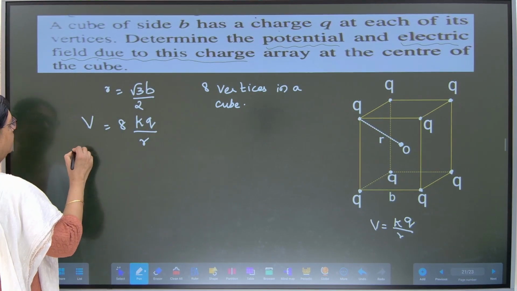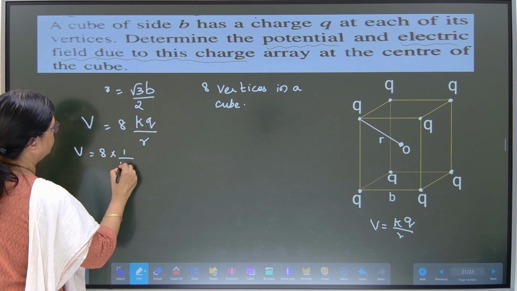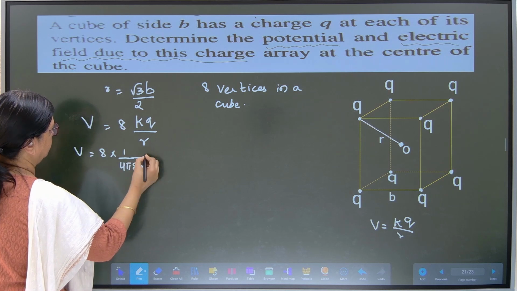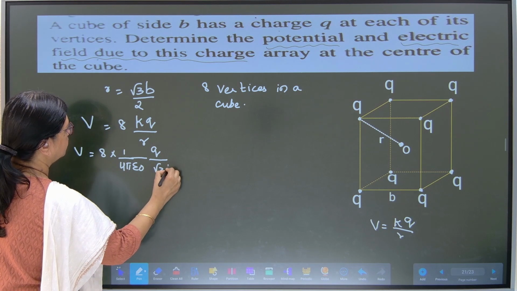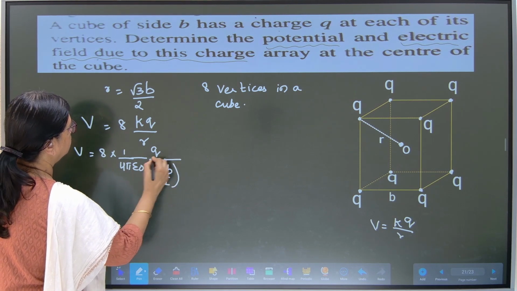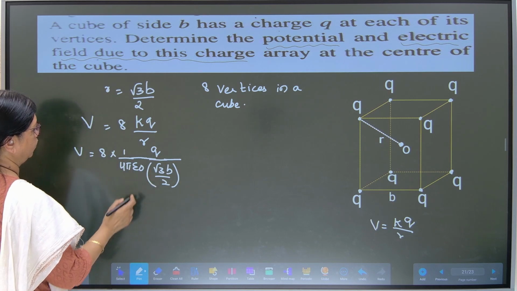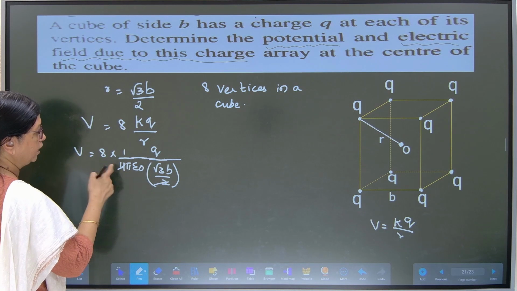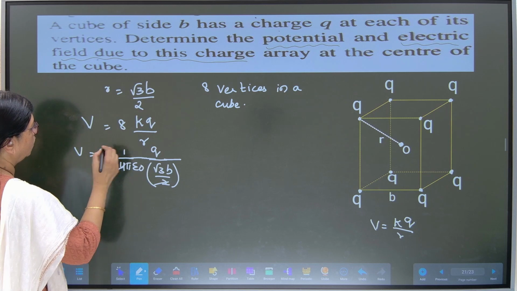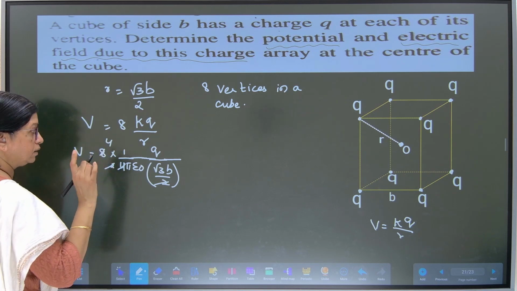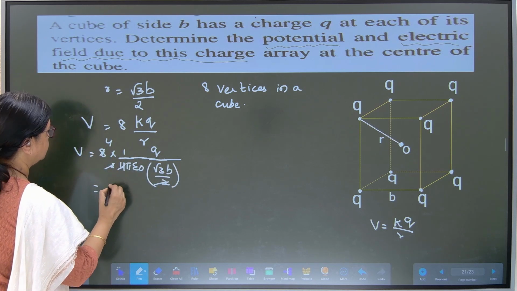Okay, fine. Just substitute. R is available with me. K is 1 upon 4 pi epsilon naught. Q is Q as it is. R, what is R? Root 3 B by 2. Remember, as I always say, put correct brackets, so that the math is easier for you. I can cancel 2 and 4 in the denominator, so 2 is left. Again 8 upon 2, so 4. Here children make mistakes in the speed, so don't do that. Clear? So what is my answer?